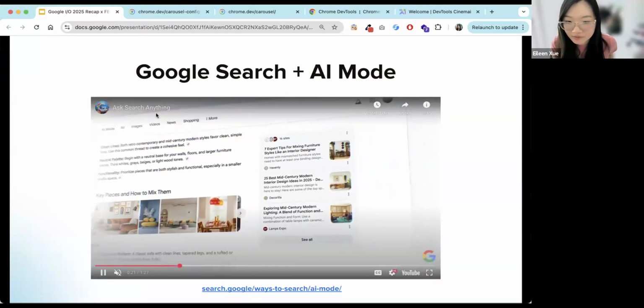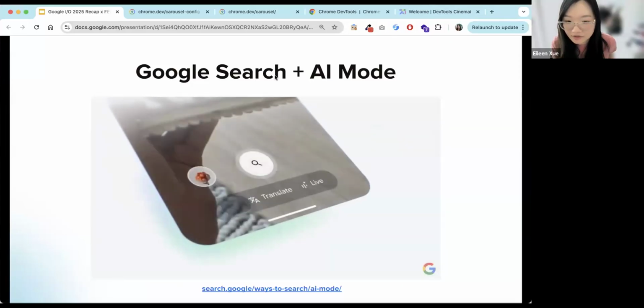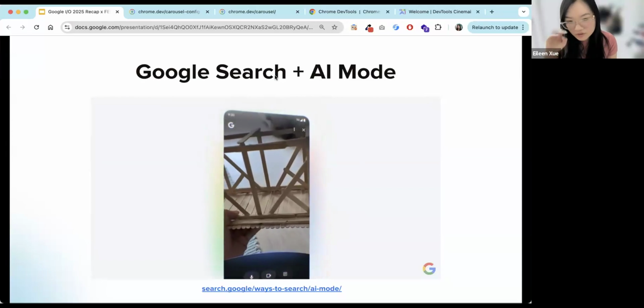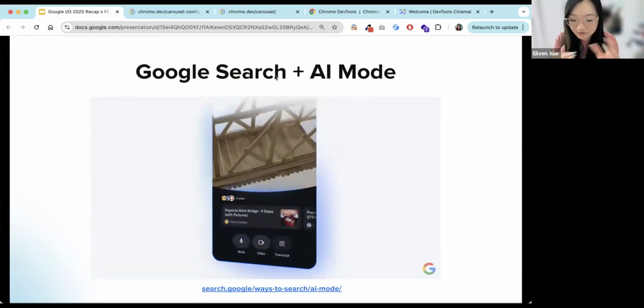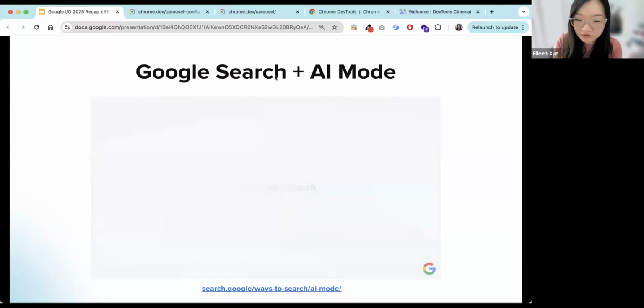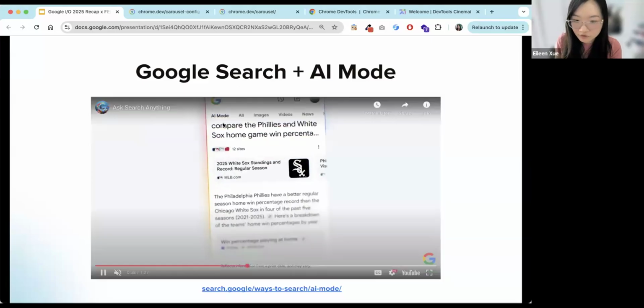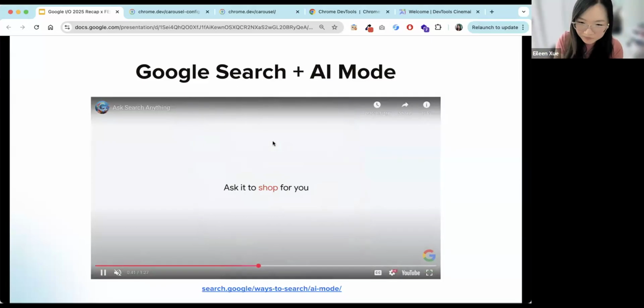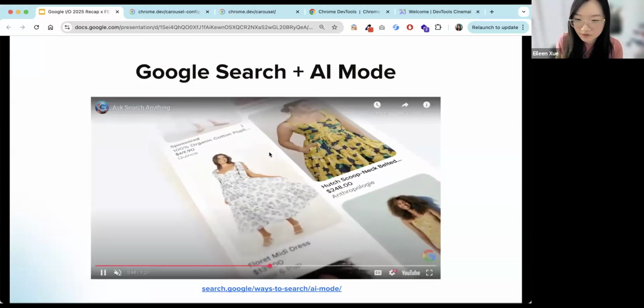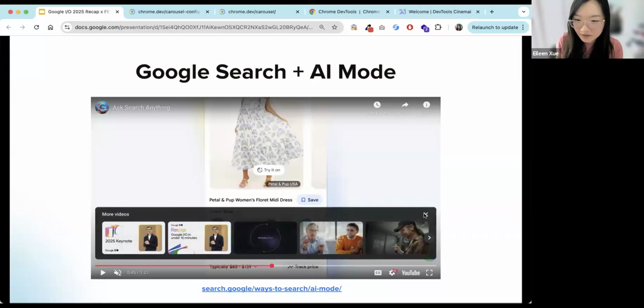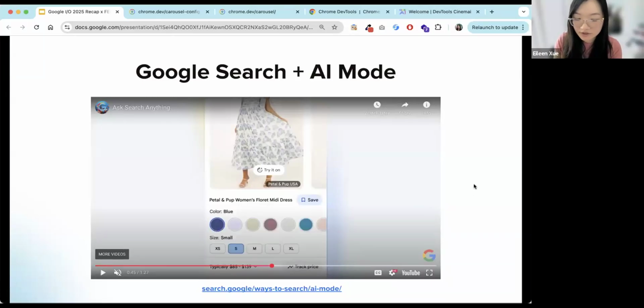But what it does is that when you do a search, it can now search multiple sources at once, similar to what ChatGPT sometimes does, searching through different websites and then showing you an aggregate result. Currently in Google search, if you ask a question, it might show you a little AI overview. But with AI mode it goes a lot deeper and you can ask it to do a lot more things. You can ask it to book you flight tickets or monitor pricing for items you want to buy and then trigger an alert when it hits a certain price point.